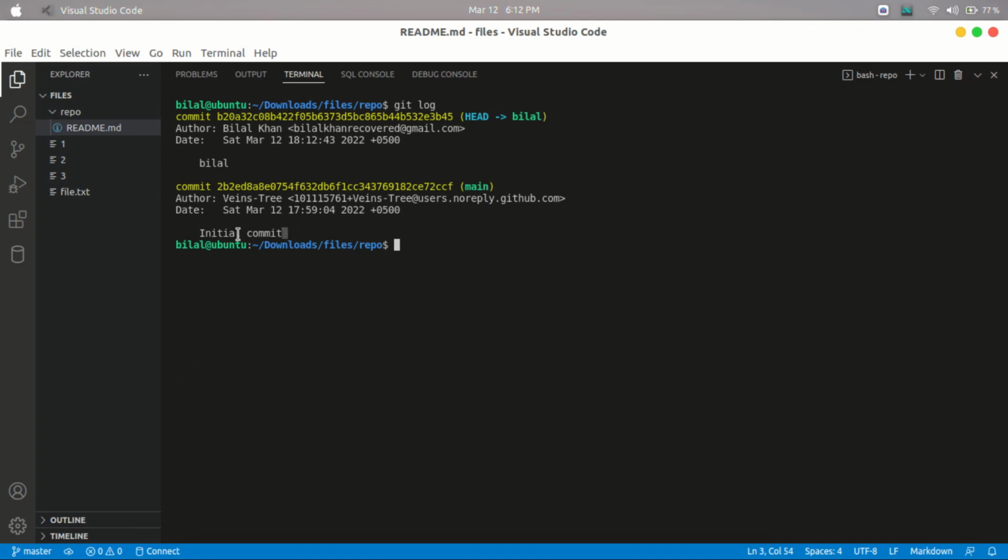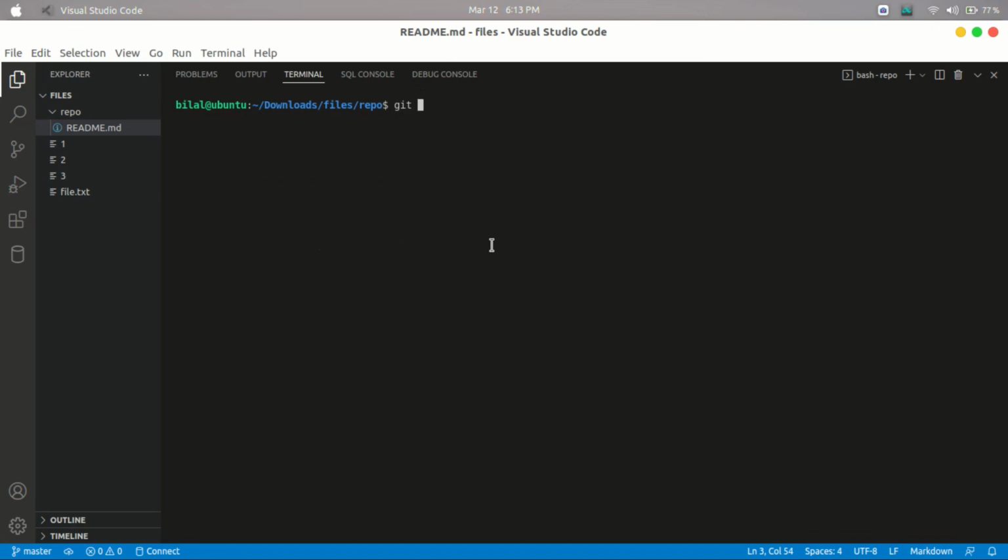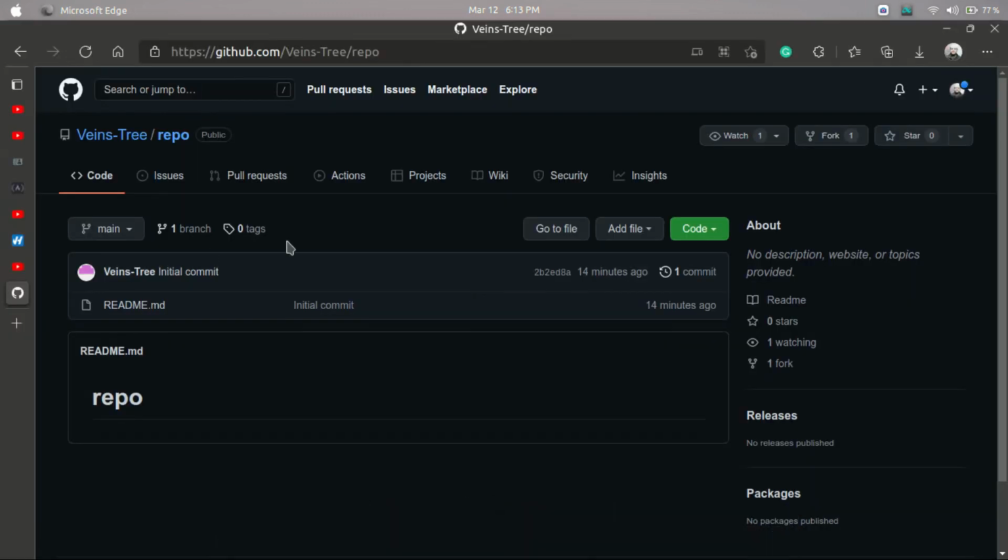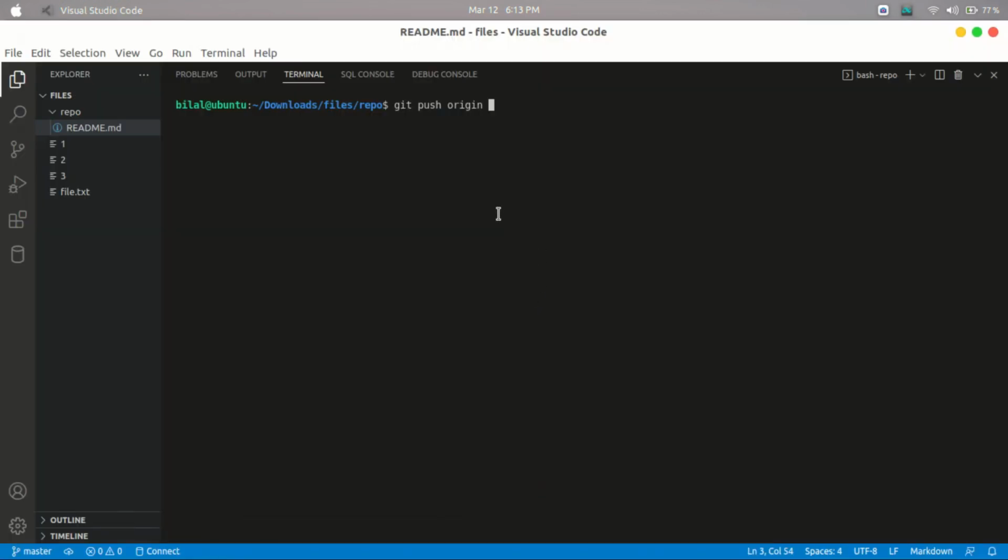Now you can see that this is the initial commit that was created when I cloned this repository, and this is the commit that I recently created. Alright, so now let's clear this, and after that I want to push these changes to GitHub. Git push origin Bilal, because the main data is currently present, so I want to push another branch, and that is Bilal. Alright, so let's push this,